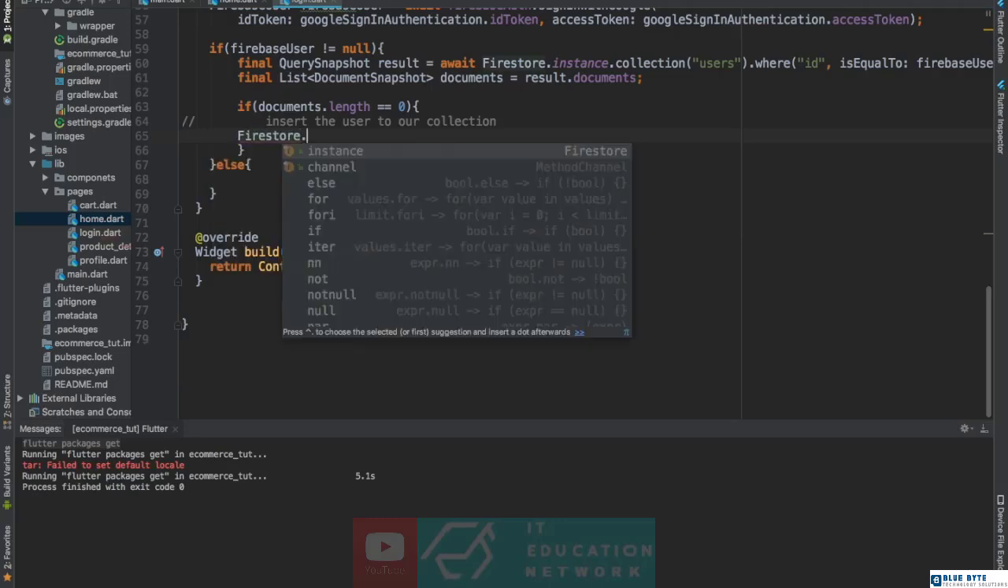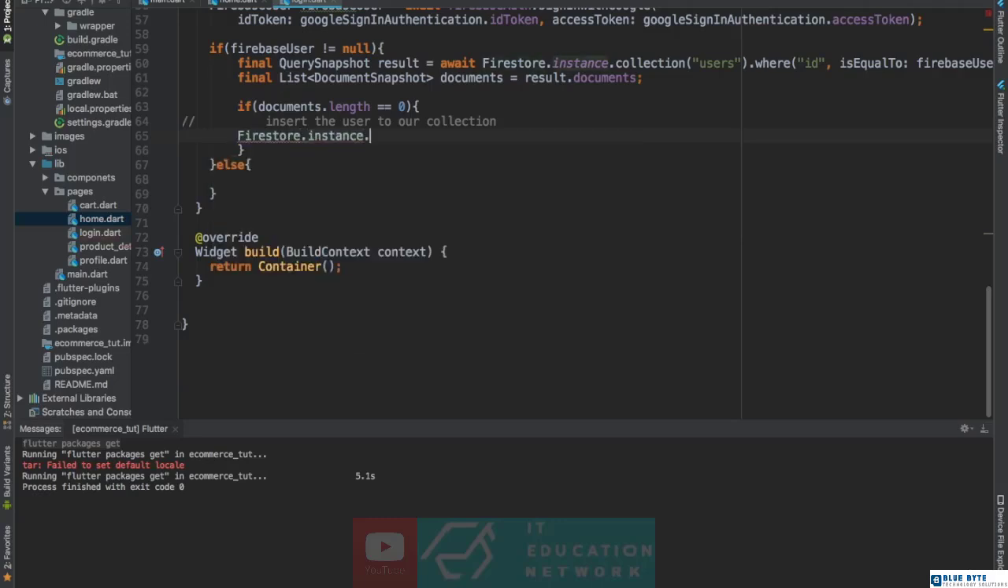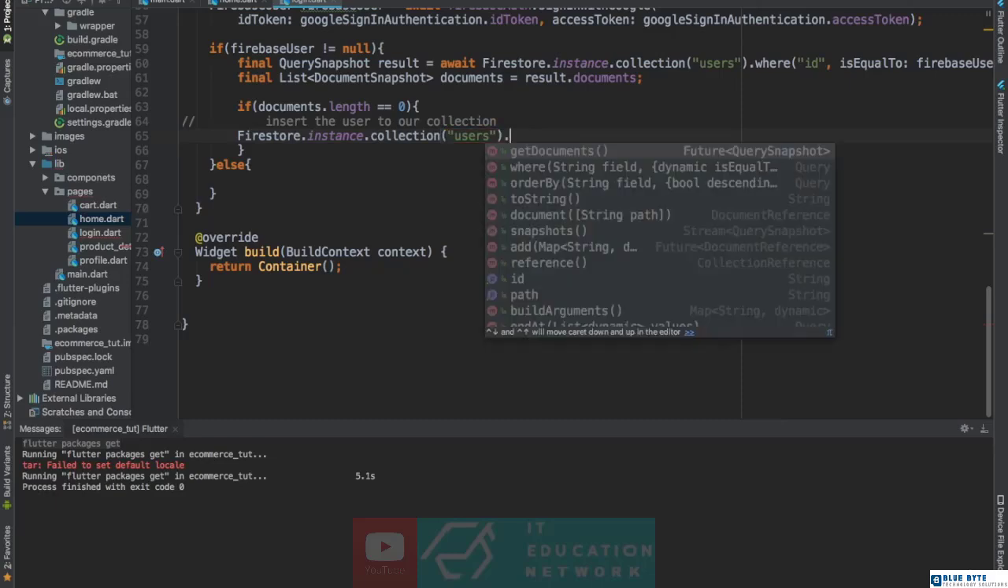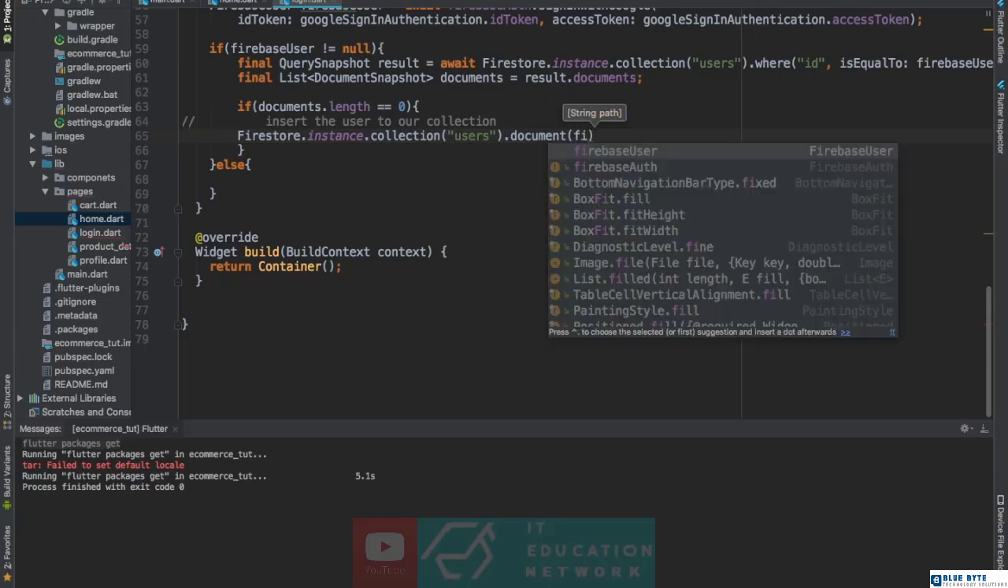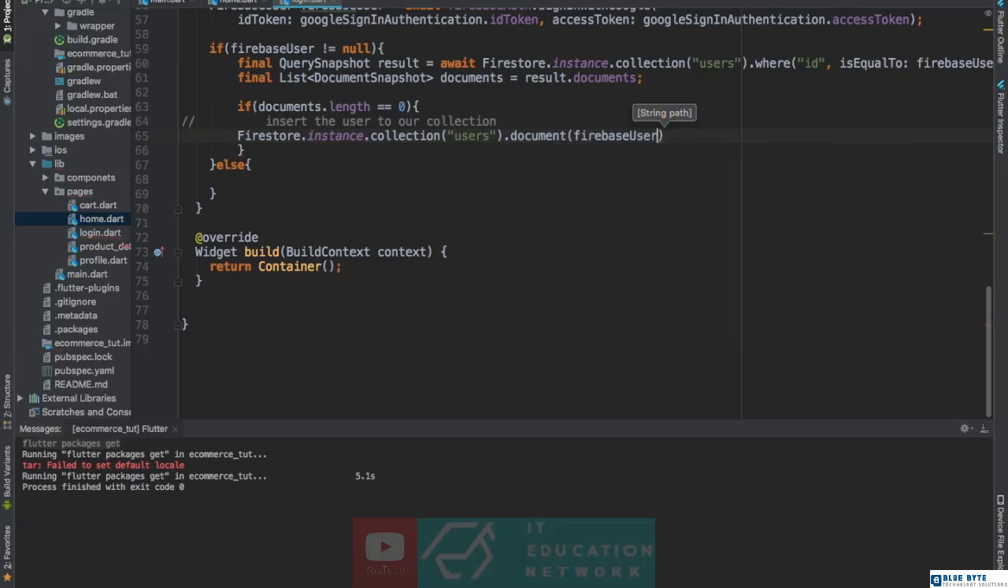Firestore dot instance dot collection, users. Is this the name I gave here? Users. Okay, the collection must have the same name. Then for this user, we're going to create a document, which is going to be what? Firebase user dot UID,